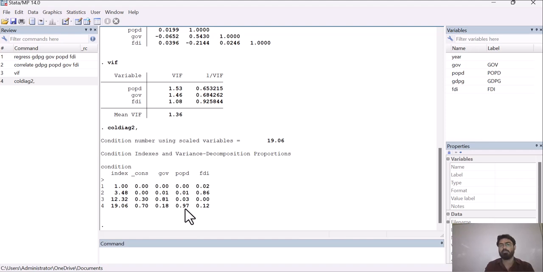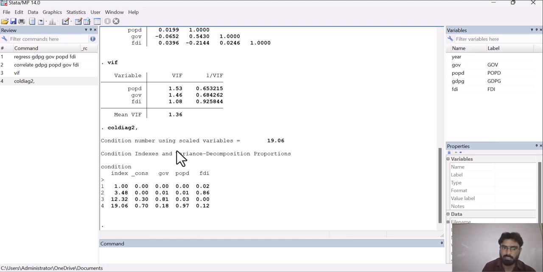So if we want to remove any variable from this data set, then that variable should be PUPD, because its value is very high. It means that this particular variable is showing correlation with the other independent variables. So this method also tells us which variable you have to drop from your model. In our previous lecture we discussed how to resolve the issue of multicollinearity, and one option is to remove or drop the variable.